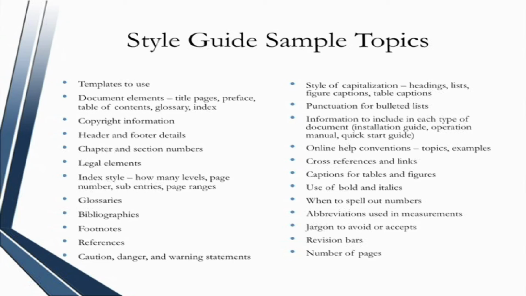Copyright information. Header and footer details. Chapter and section numbers. Legal elements. Index style, such as how many levels, page numbers, subentries, and page ranges. Glossaries. Bibliographies. Footnotes. References. Caution, danger, and warning statements. Style of capitalization for headings, lists, figure captions, table captions, punctuation for bulleted lists, information to include in each type of document, such as an installation